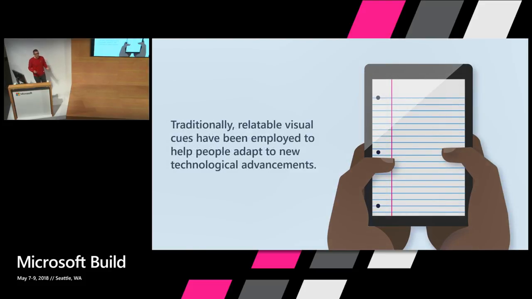And traditionally, when we think of skeuomorphism, skeuomorphism is that use of relatable visual cues that help ease a customer into a new tech experience. It's come in and out of fashion over the years, but really it's necessary in some ways because when a customer that has never used a digital device can see lined paper, she can understand, or he can understand, oh, I understand this paradigm. This is relatable to me. This is how I work. And traditionally, we've been doing skeuomorphism visually.